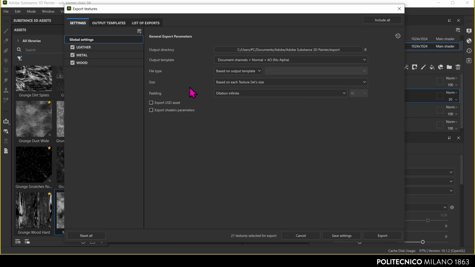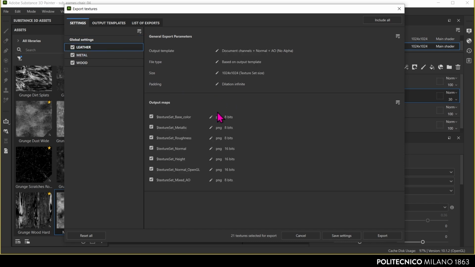One of the key features is the ability to choose from a variety of file formats depending on our specific needs. For example, we generally use PNG and JPEG for standard textures, while EXR is ideal for high dynamic range textures or when greater precision is required in terms of lighting and reflectivity.